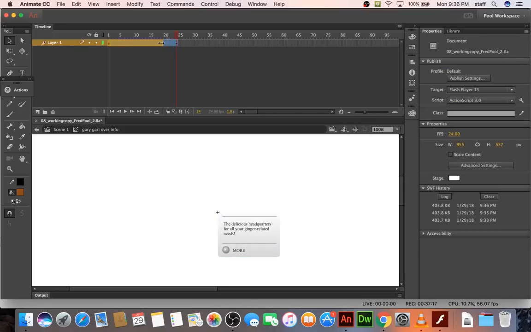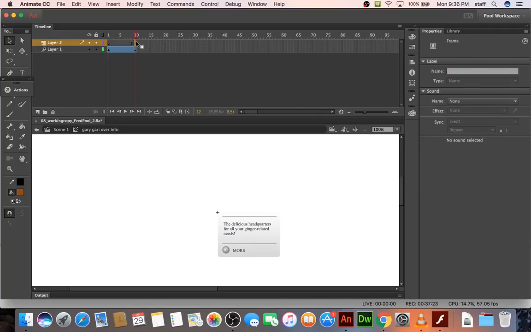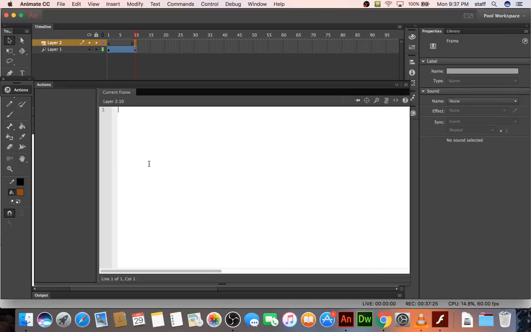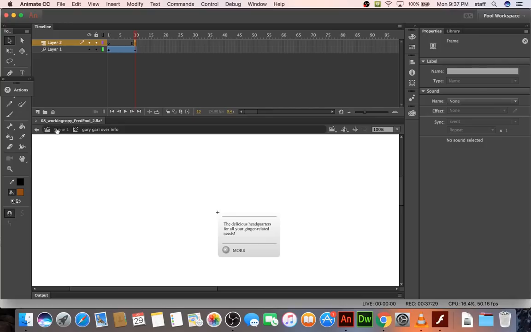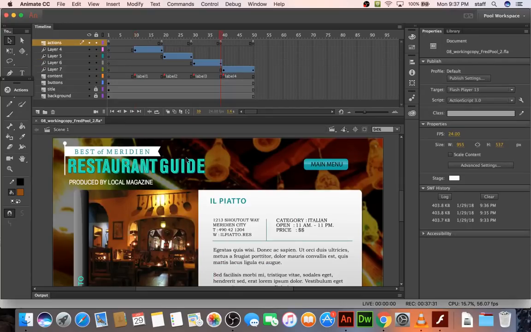We want to shorten the duration of it to about 10, make a new layer and keyframe, paste stop again, and we'll go back out here, let's save it while we're at it, and